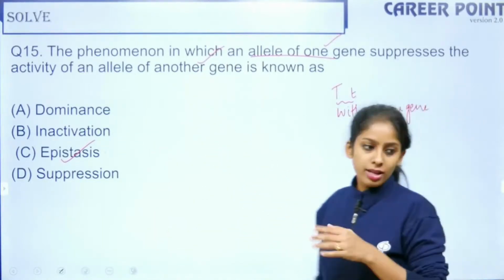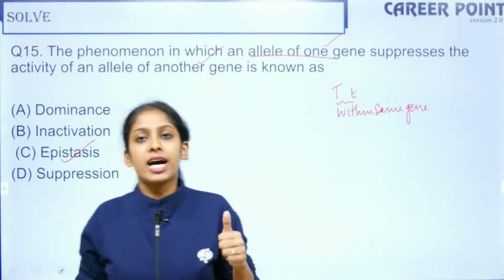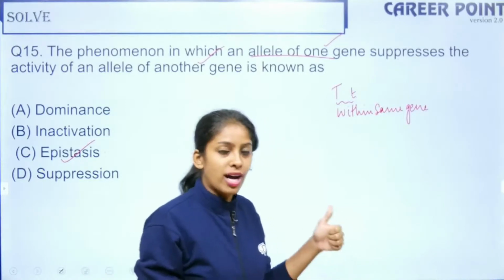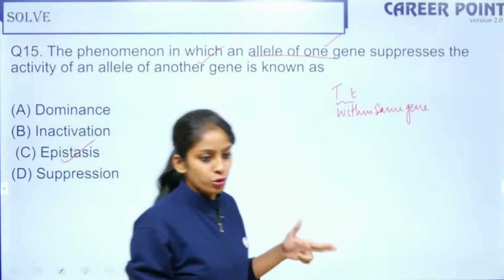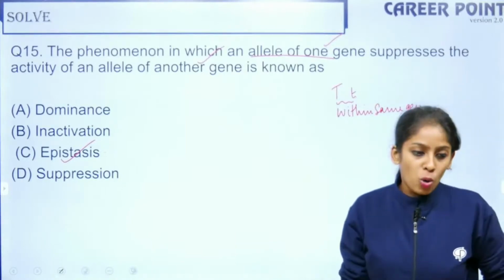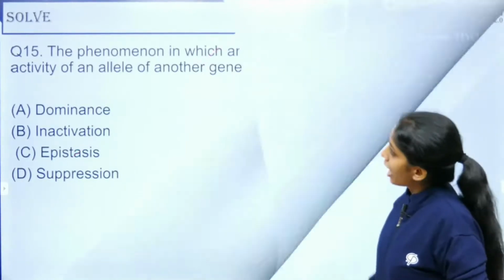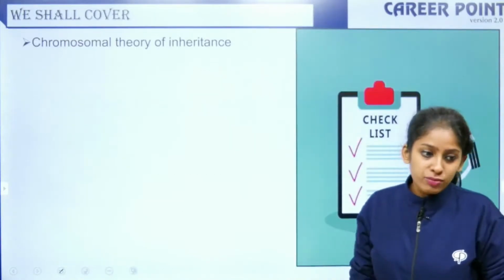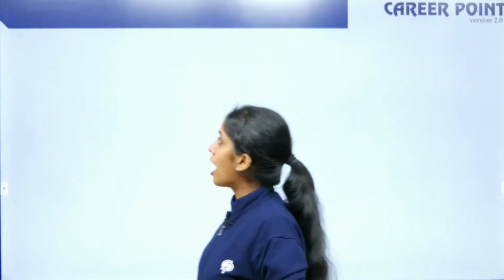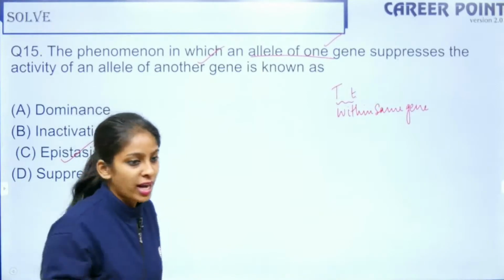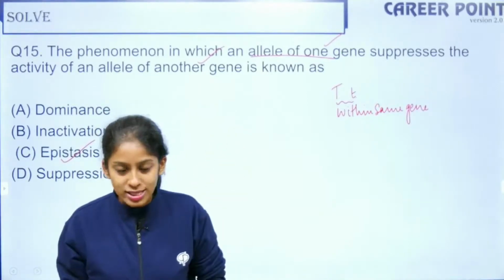Alright, absolutely right. With this, I am done completely talking about inheritance of one gene and inheritance of two genes. Next we'll go with chromosomes and linkage. Actually, I got the slides, but it's okay. We'll start in the next class because in this also we have a lot of problems which we will solve. Today is Wednesday. I will meet you on Friday where we will solve a lot of questions once again.